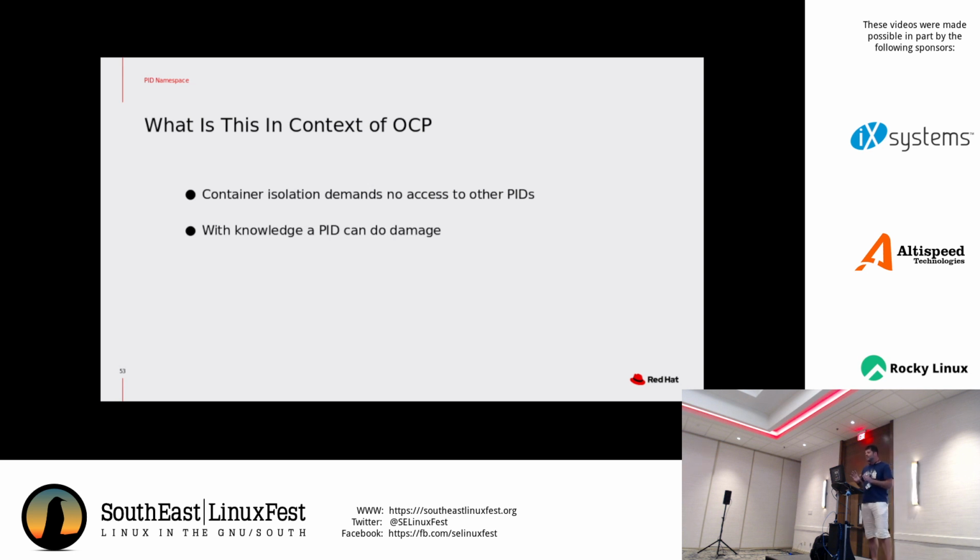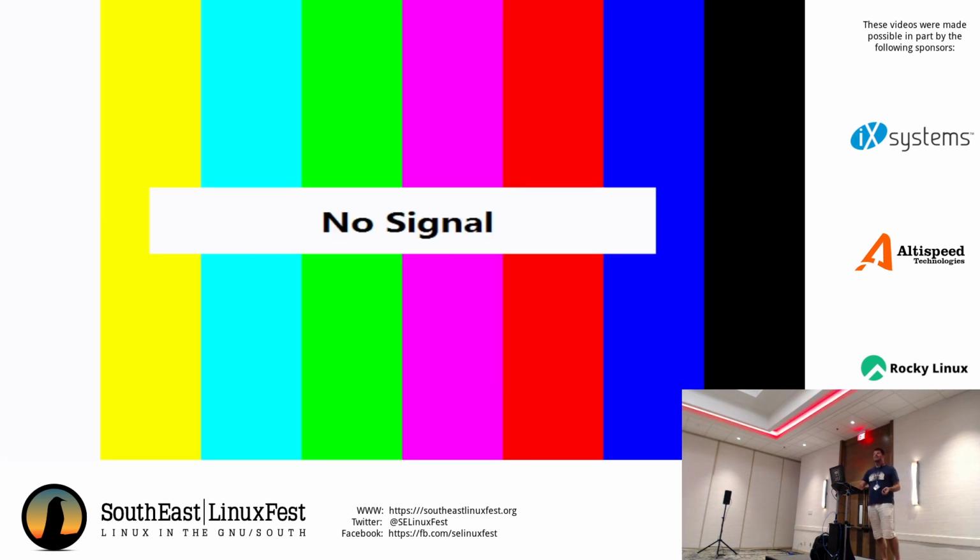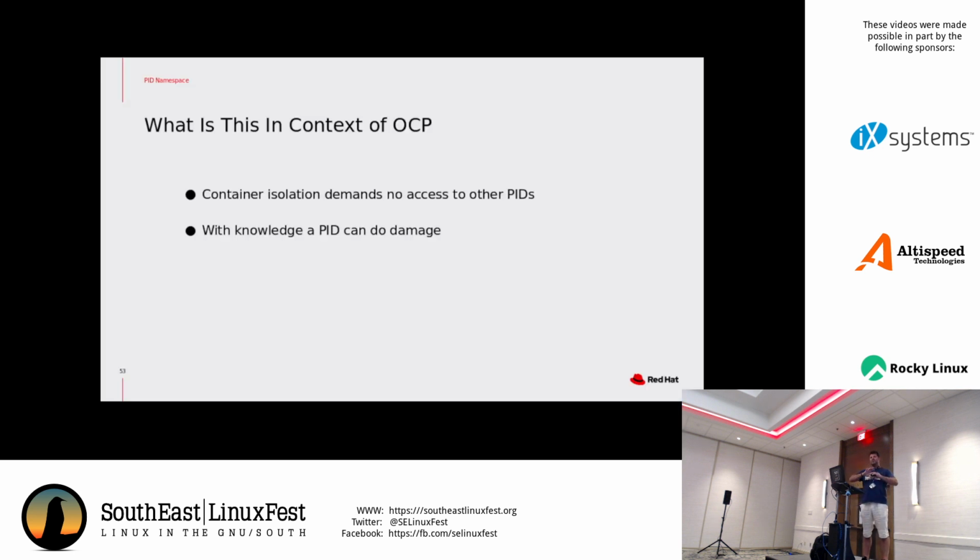Container isolation requires this idea of process ID isolation, because you want to ensure that all of your processes remain unique. No one has tried this, I guarantee it. I'm the only crazy person in this room, likely. But you can actually dictate what process ID your process will have. And if you create one with a process ID that already exists on the system, bad things happen. So this idea of making sure I keep my container separate, making sure that your process ID